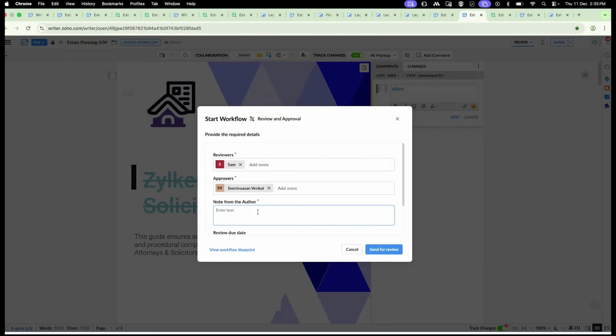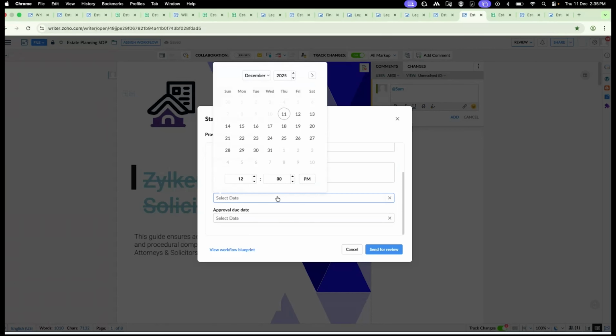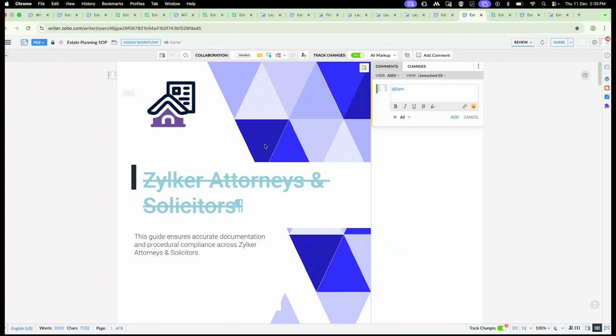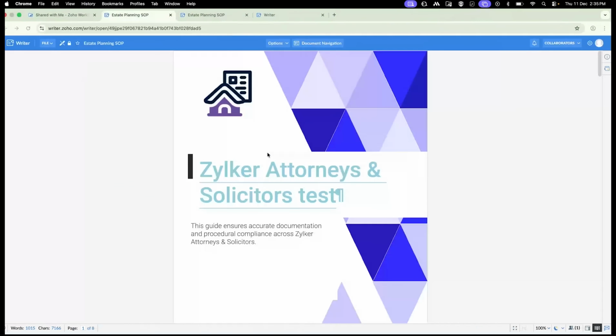You can also add a comment or instruction. You can also set the due date. So based upon the due date, the user will get notification. Now we can send it for review. Once it is assigned, you cannot make any changes in the document, and the users